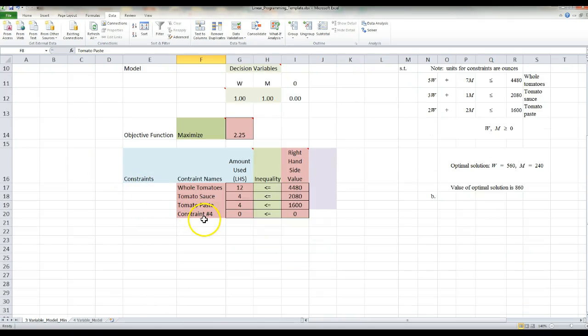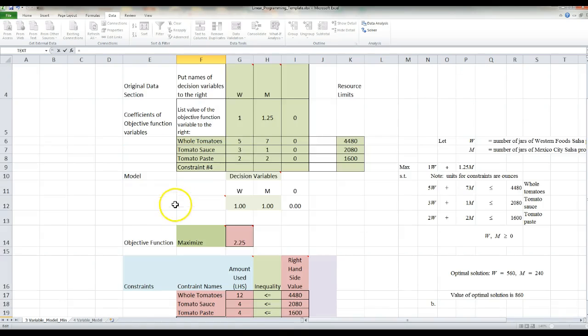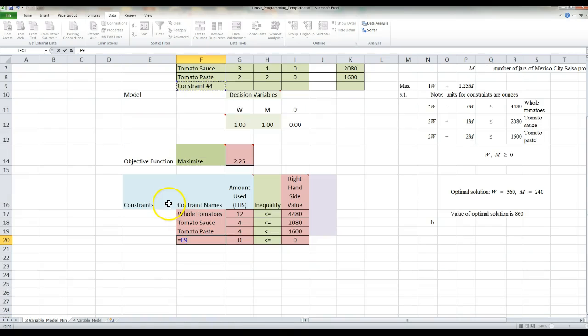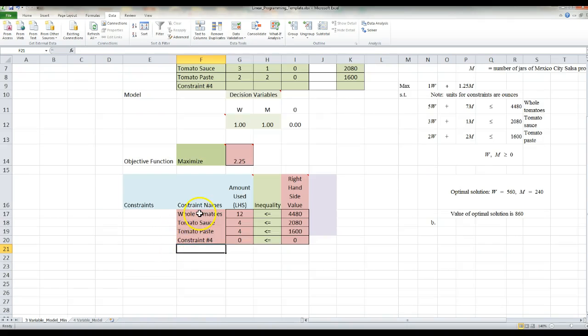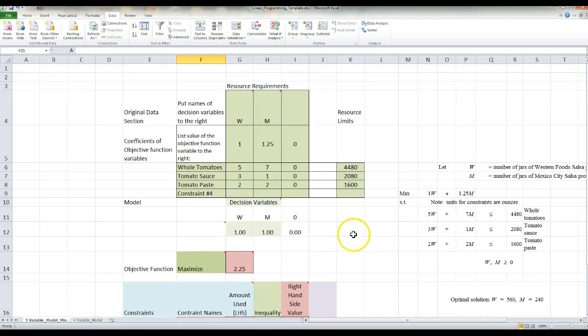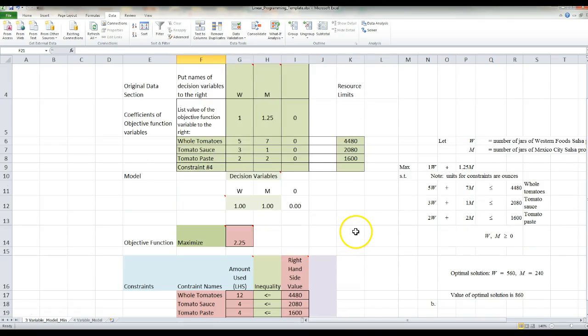And because I had referenced the cells from the top portion of the spreadsheet, whatever I typed here was transferred into the constraint names down below. So the next thing we want to do is set up this problem in the Solver